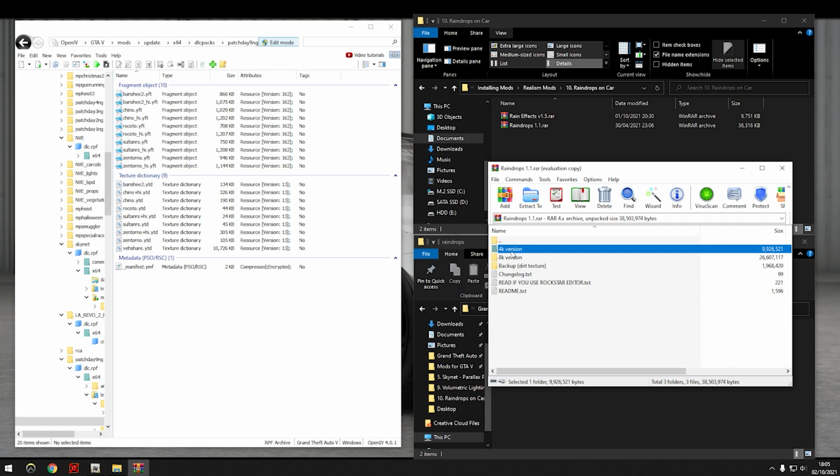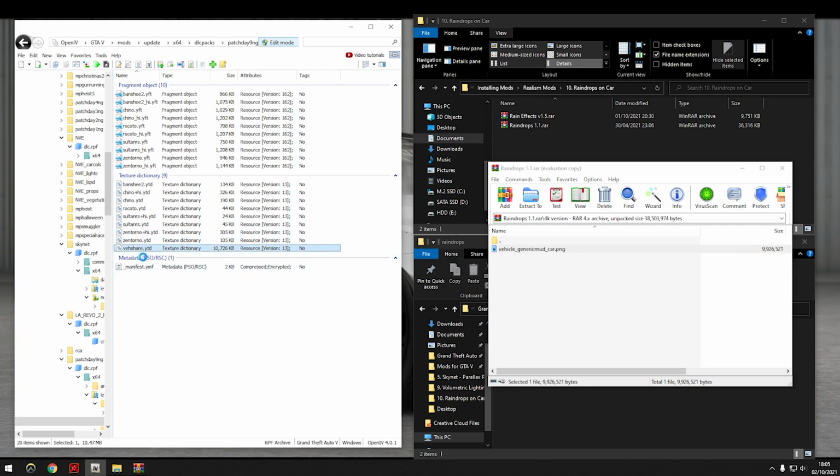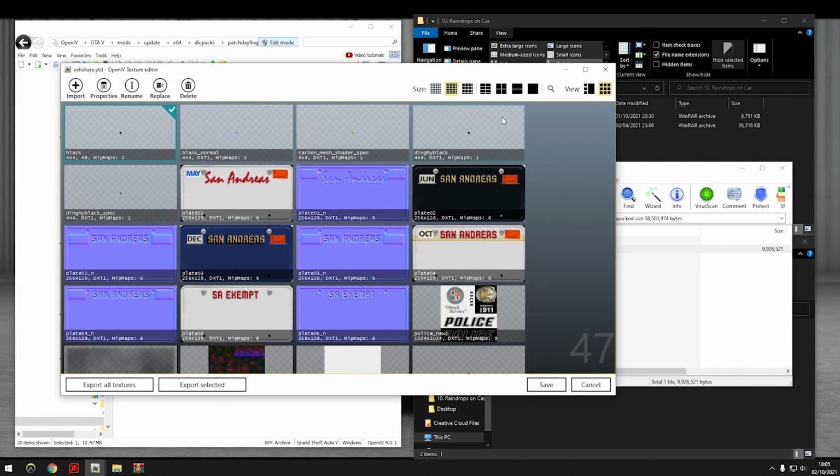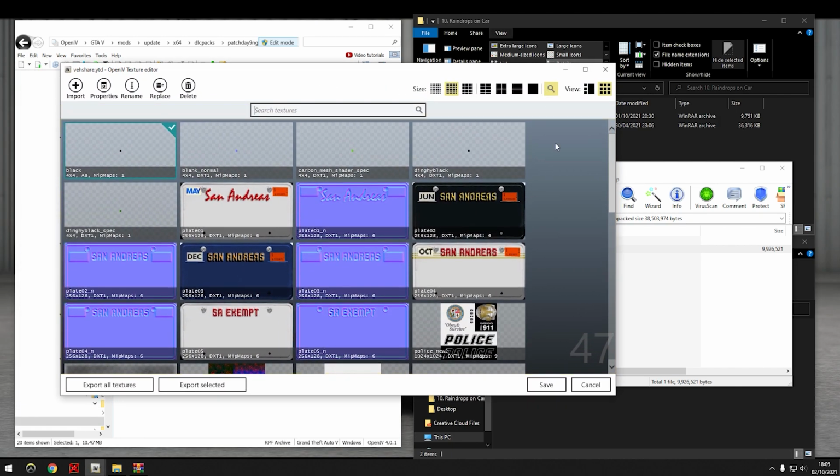And in my case, 4K version. And open up the vshare.ytd. This is where all your number plates are stored, etc. So if you want custom plates, you can make changes here. And search for